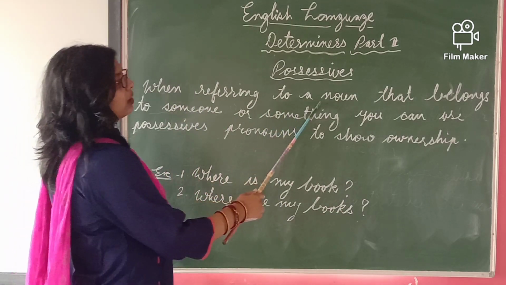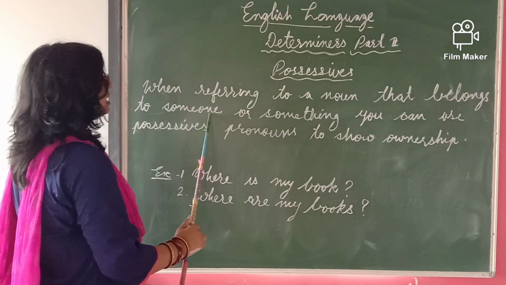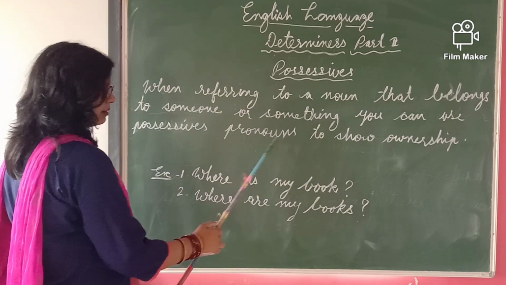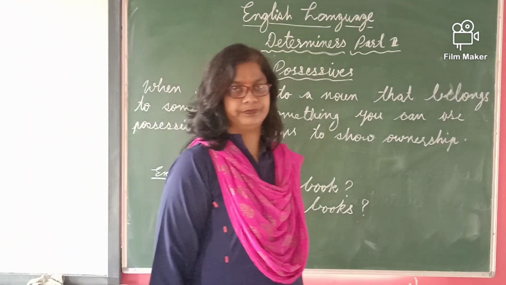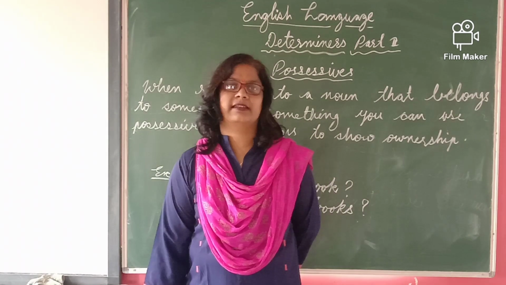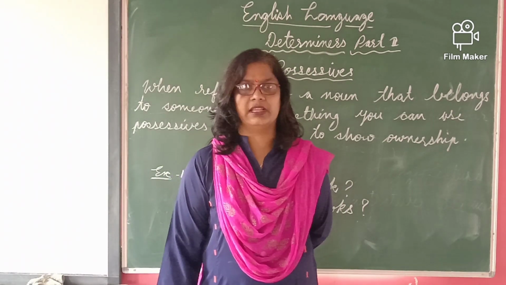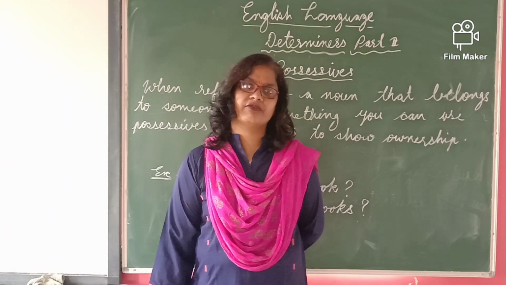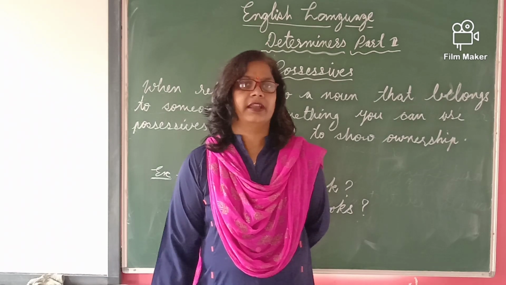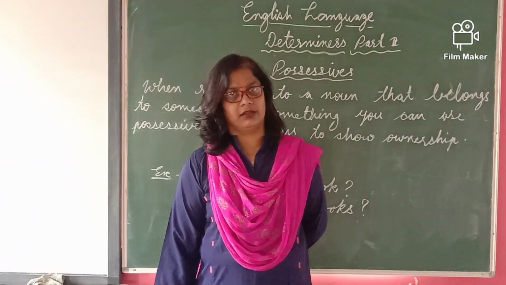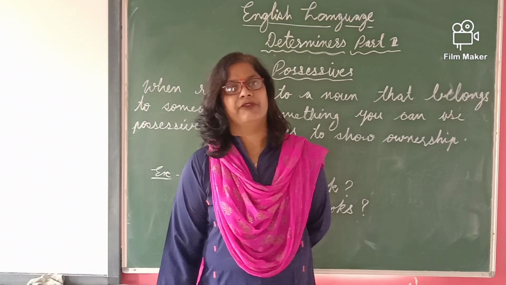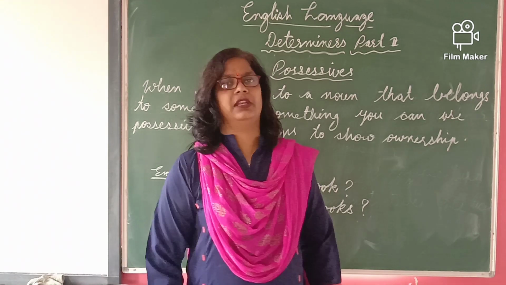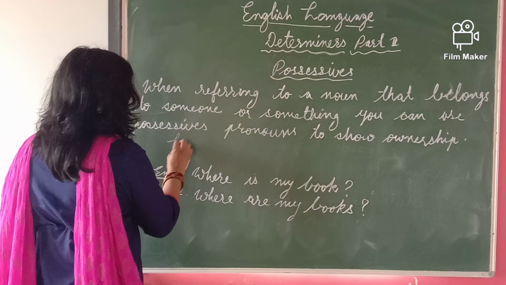When referring to a noun that belongs to someone or something, you can use possessive pronouns to show ownership. As it is written here, it shows ownership: the things which belong to someone, or the relation which belongs to something. To show them, we will use the possessive determiners. The possessive determiners are his,